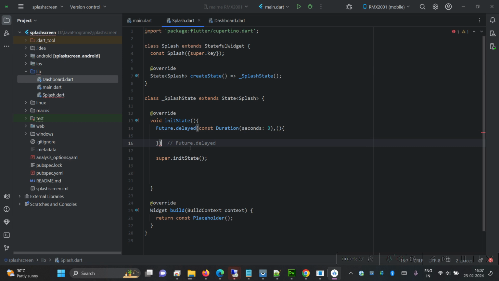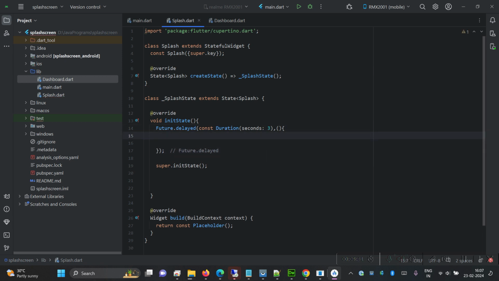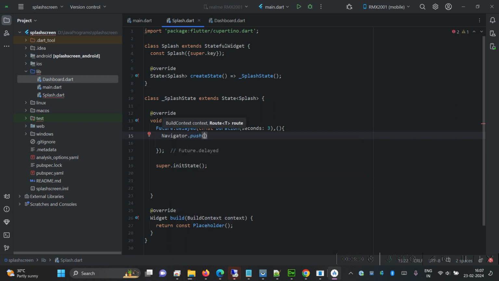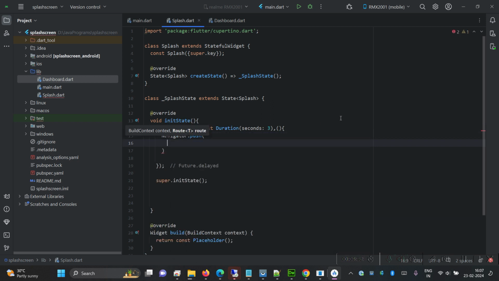Okay, future delete closed over here. Now it has to navigate. Okay, so Navigator.push, okay, also is there, so we put it like this. And then after the Navigator.push, what we have is this context, comma,